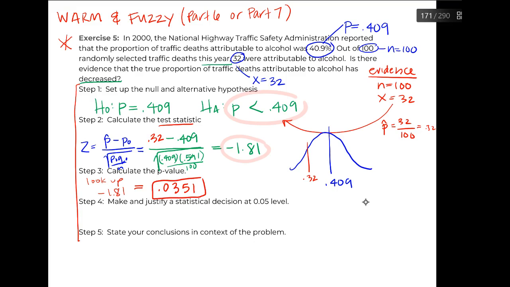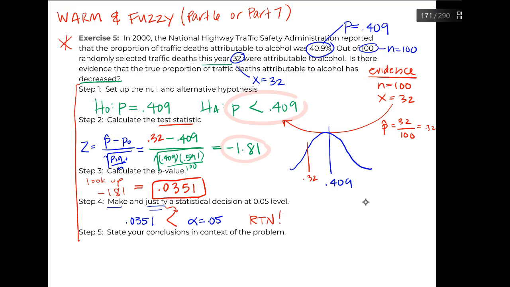And then we're going to make and justify our decision. So here's a spot where on this particular problem, students will miss points because they don't answer the question and do both pieces. So we need to make and justify. So the justification is going to be looking at this and comparing it to our alpha. So how does that p-value compare to your alpha? That's my justification. I can write that in words, or I can just write this. And since my p-value is less than my alpha level, my p-value is low, so I'm going to reject the